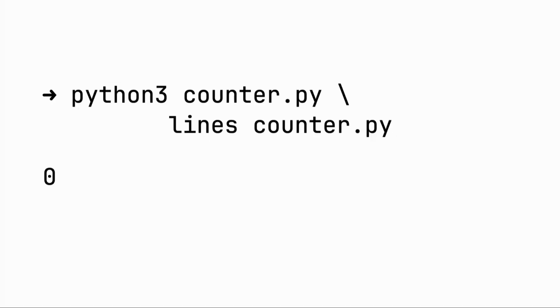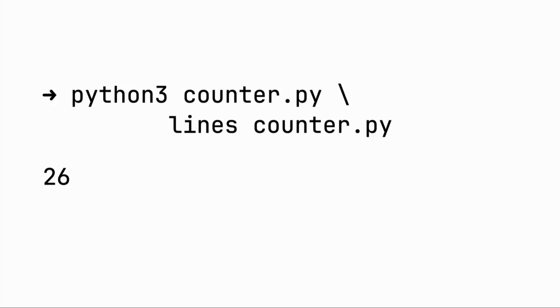Consider you have a quite anxious boss and he tells you you have to write this many lines of code per day, because he grew up in the 70s and that's how they did it back then. So you write a small program called counter.py and it has to count lines of code, but you have a bug in there. It returns 0, and of course this program at least prints, so it should have at least one line of code. So that's a problem. What we expect is it returns something like 26.